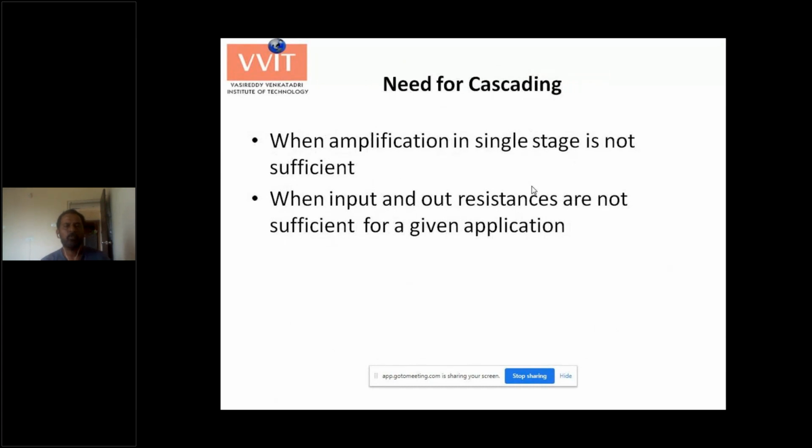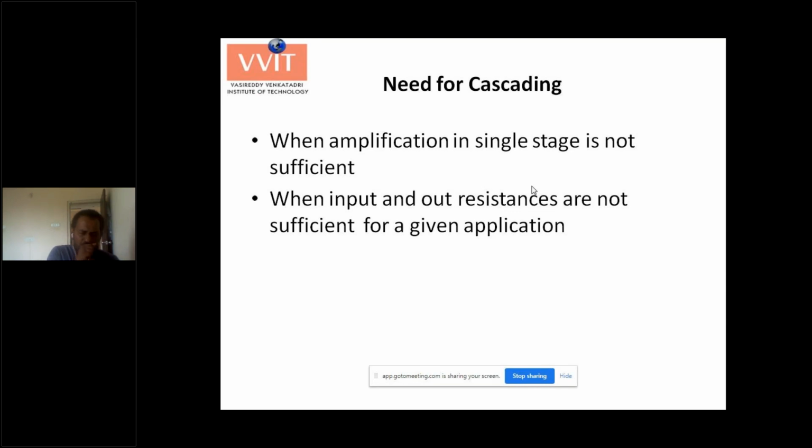Fine. Now, why do we need cascading? Occasionally, a single amplifier may not give enough gain. So in that case, what do we do? There is a certain limit for each amplifier. It cannot give gain beyond that limit. So if you need more gain, we go for cascading. What is cascading? The output of one amplifier is given as input to another amplifier, in order to get more gain. This is the basic idea of multi-stage amplifiers.